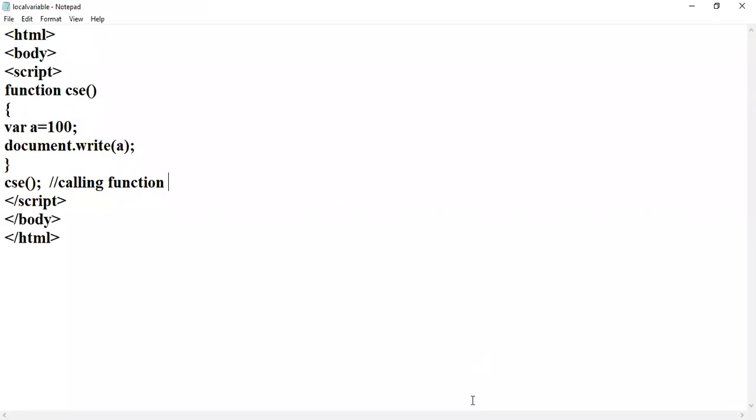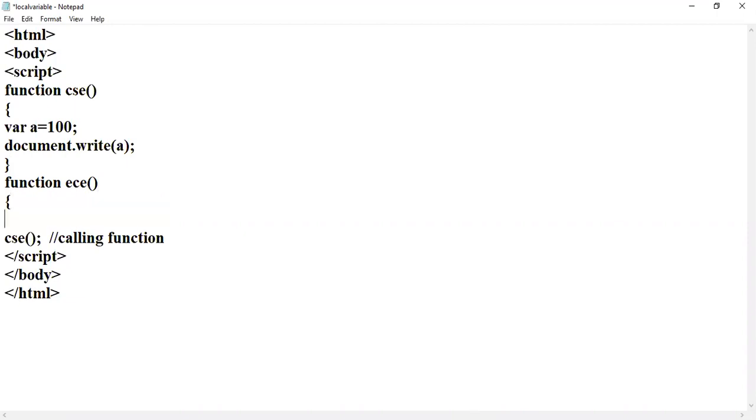Why? Because I have declared the value 100 as a local variable to a particular function, and I'm printing the value. Then I will create one more function there. Now I will go to the notepad again. Here I will write one more function, ECE.